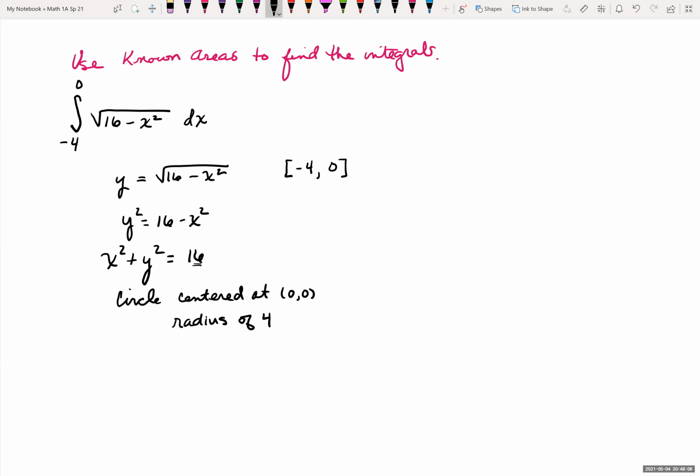The thing is that this was positive. So this is actually the upper half